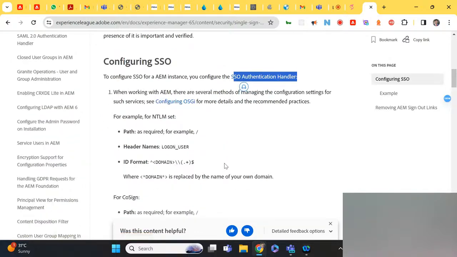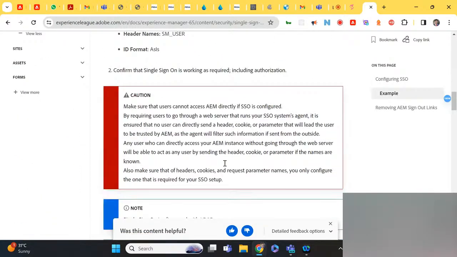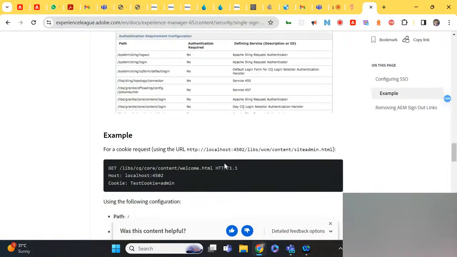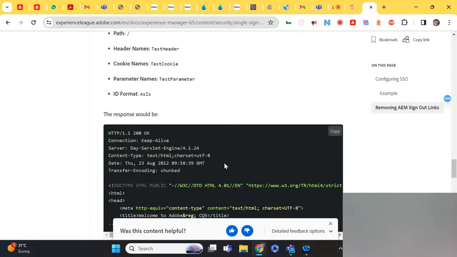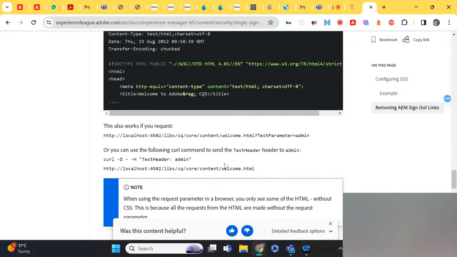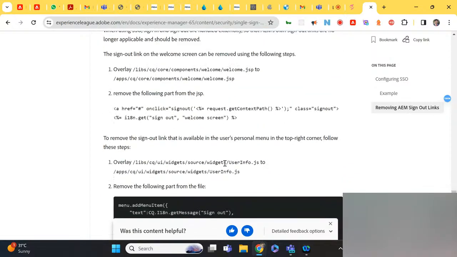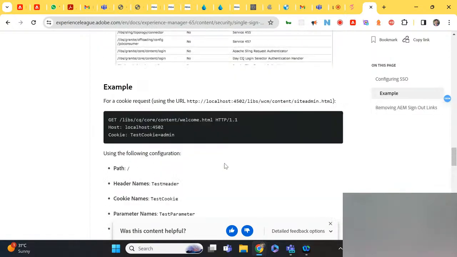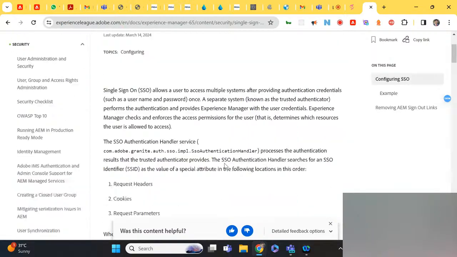We have to configure SSO authentication handler. I just want to check. SAML is for direct access, I think. Direct access, yeah. No, I think for SSO, SAML is used. Yeah, I've done it for author, even for publisher, yes.